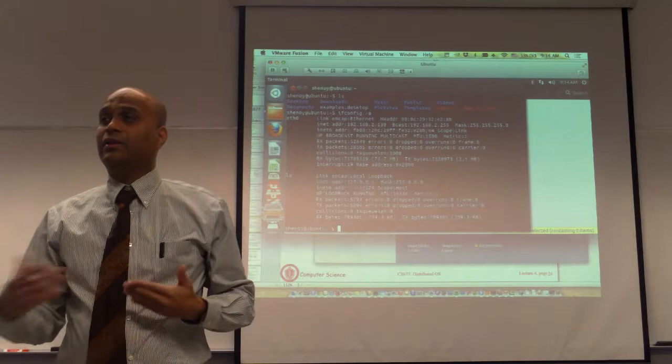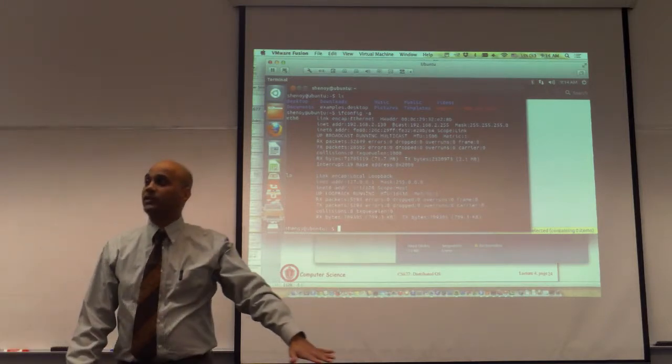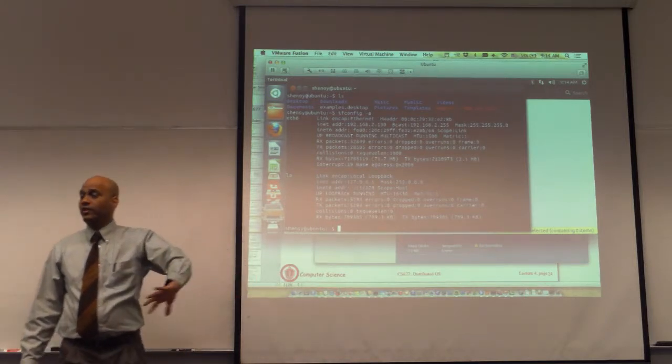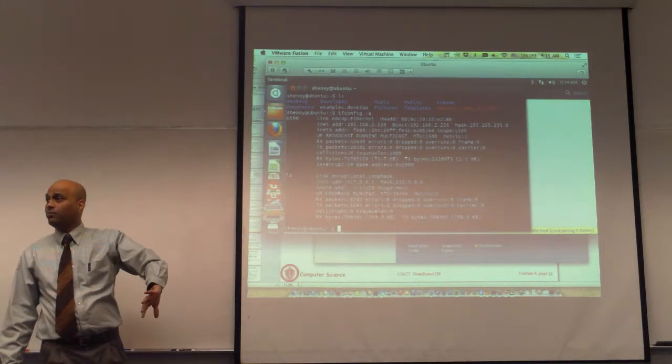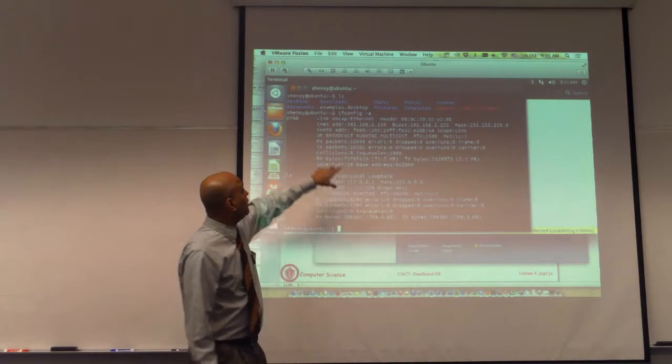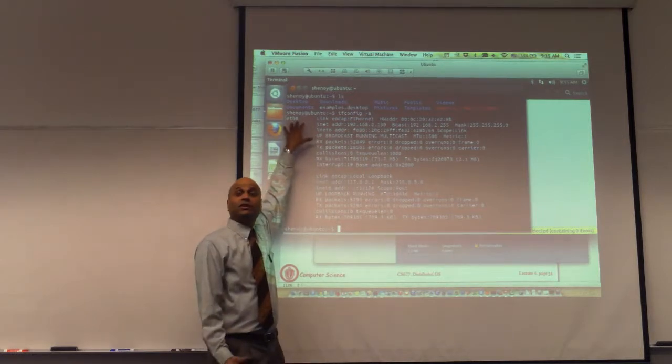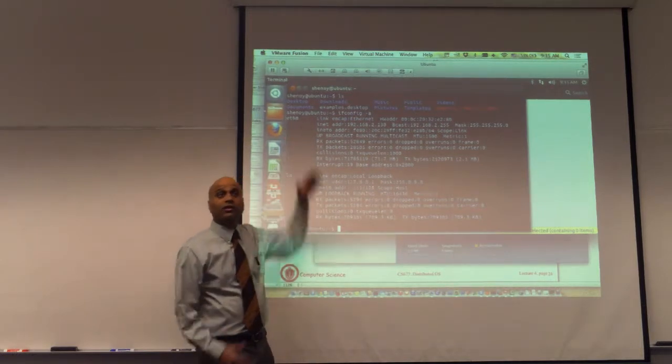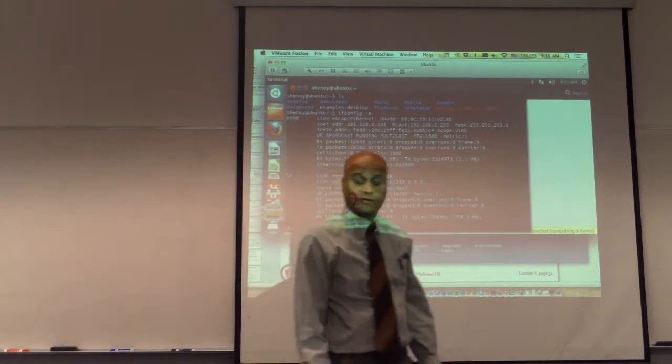An emulated card is actually going to be mapped onto the physical, in this case either the Wi-Fi card or an Ethernet card, for example. Okay? So you have emulations of devices. So this is an emulated Ethernet device. It's a logical Ethernet card, not a physical card. And the logical card is actually placed on a physical card.